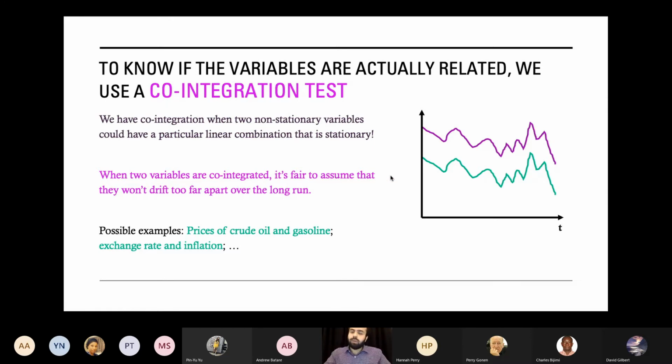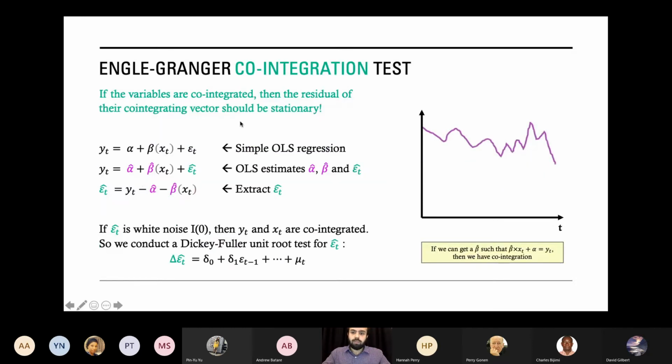But how do we get to know if we do have cointegration between two variables? There are a lot of different ways to find it out. One of the simplest ones is the Engle-Granger cointegration test. The idea is that if we have two variables like these ones over here, and if they do have cointegration, then there is a possible beta or a coefficient if we are estimating y using the values of xt, two different time series, then we can possibly get a value of beta